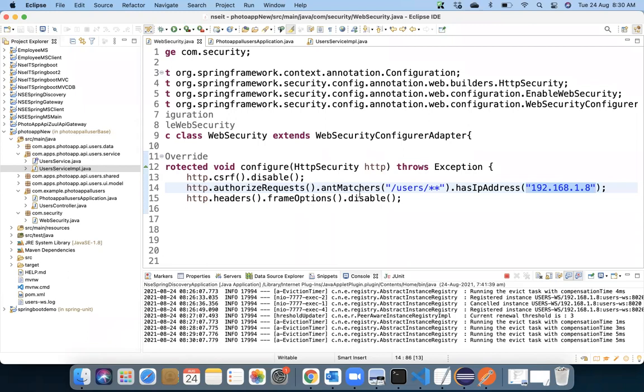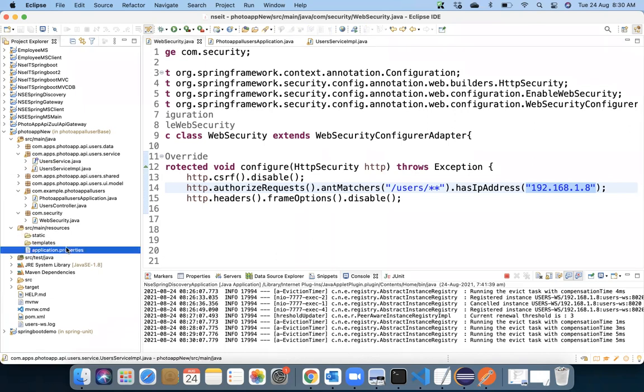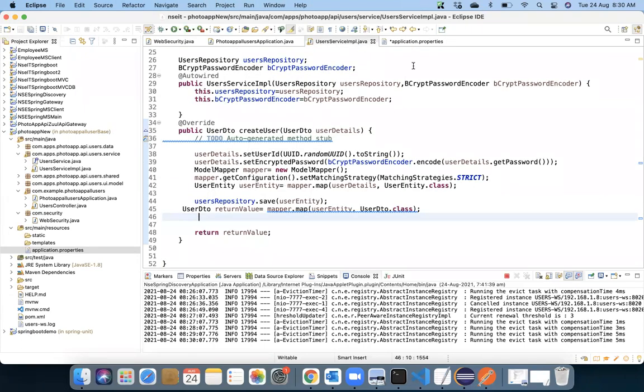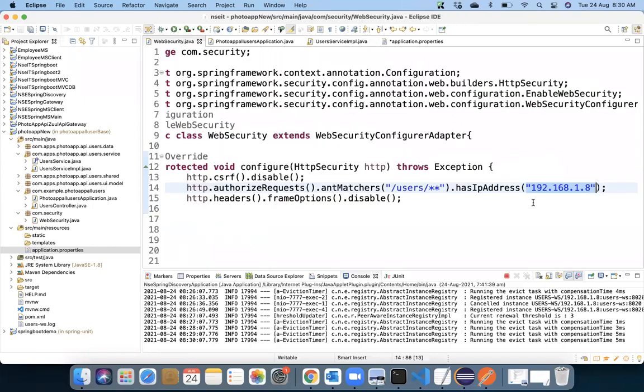One more important thing you can do is, inside your resources, you can attach a property called gateway.ip equal to the IP address which you've defined here.